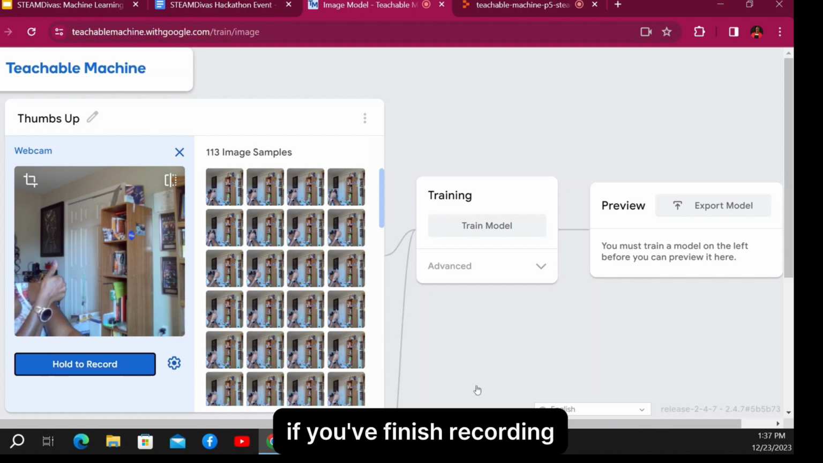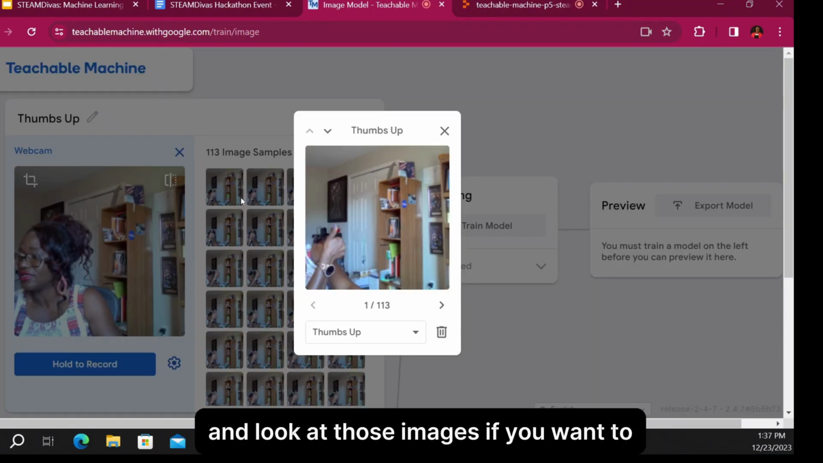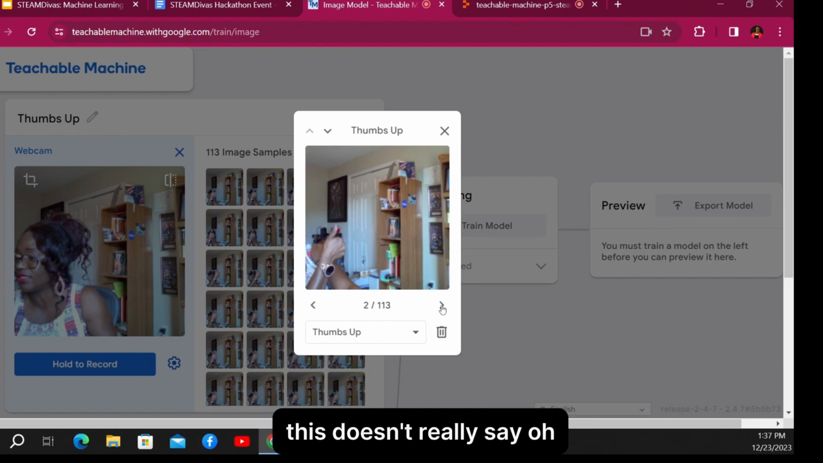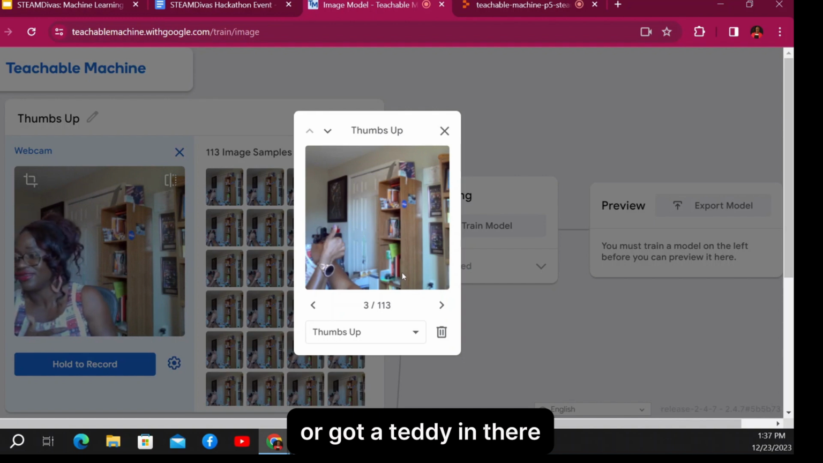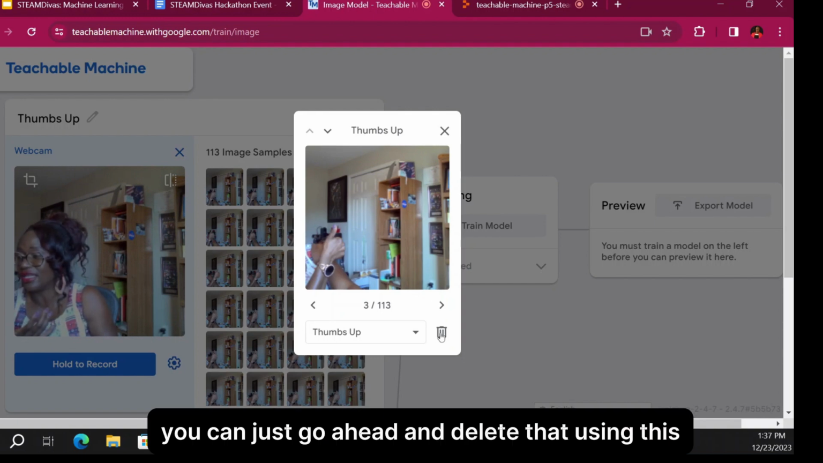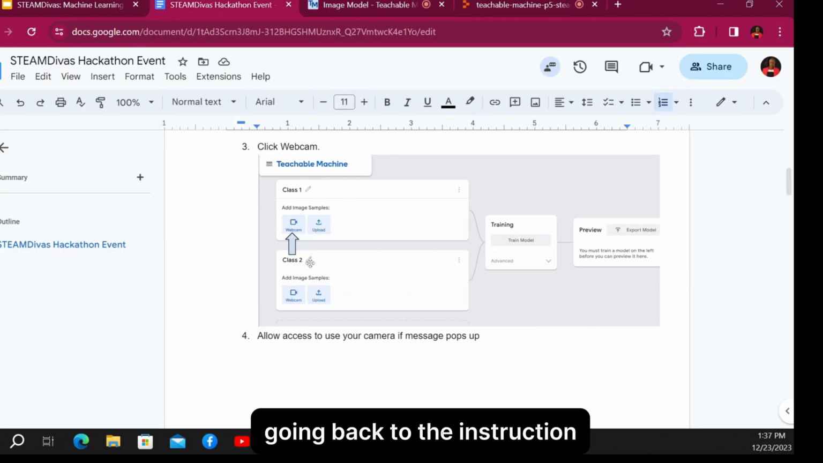If you're finished recording, you could also go around and look at those images if you want to, and say, oh, this doesn't really work, let's say you mistakenly got your face in there or got a teddy bear in there. You can just go ahead and delete that using this. Going back to the instructions,